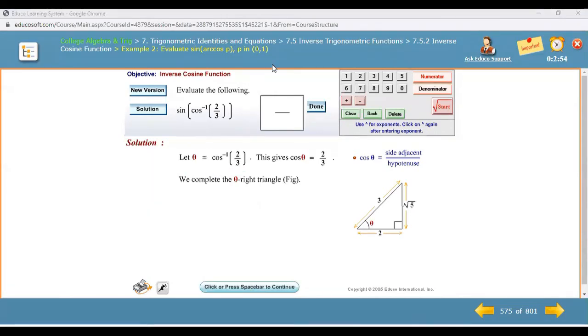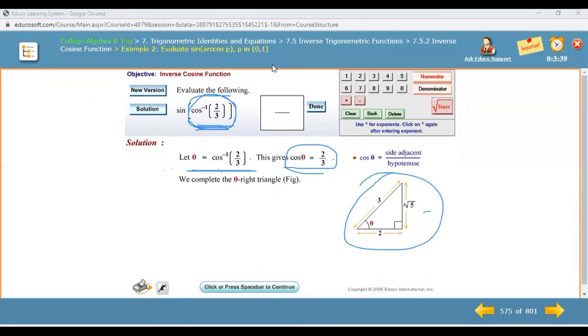Okay, now if we look at this question here, I'm just trying to explain it again. We started from this point: cosine inverse is 2 over 3. I consider this whole thing as theta. So theta equals cosine inverse 2 over 3. I operate with cosine on both sides, and this becomes cosine theta is 2 over 3. Use the Pythagorean theorem to get this